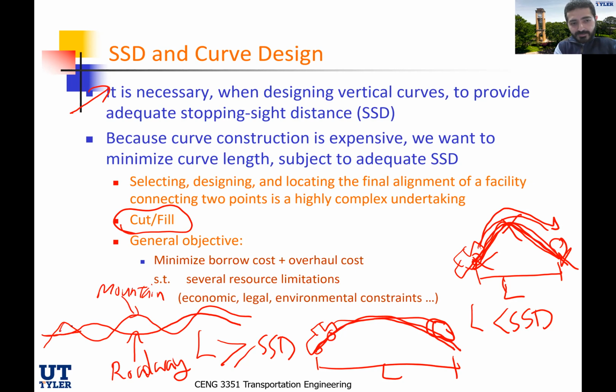What's going to happen? So this is the suggested roadway. I need to cut the mountain in this area. I need to cut this big area. And I need to cut this area as well. And guess what? In this area now, I need to fill, and I need to fill this area. So when you're designing multiple vertical alignments along the way, you would need to think of that as well. How can I manage